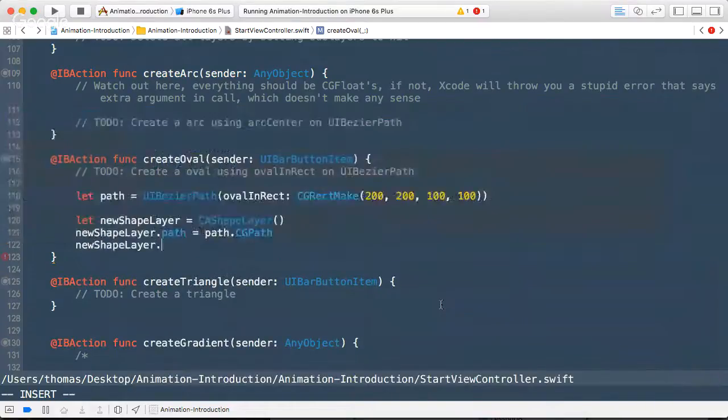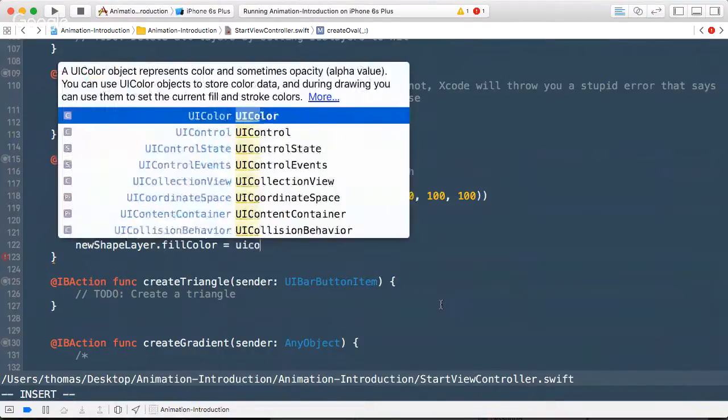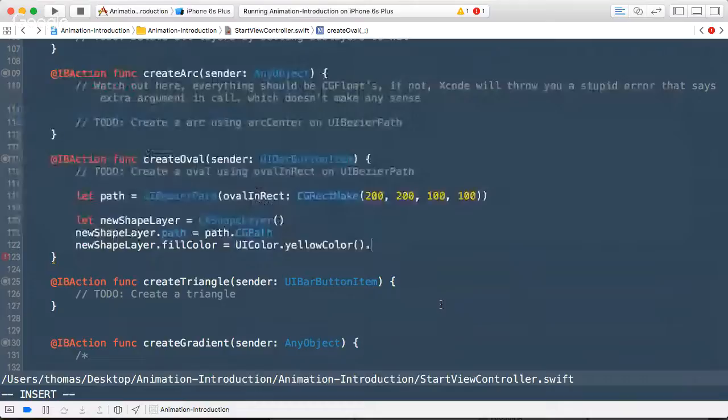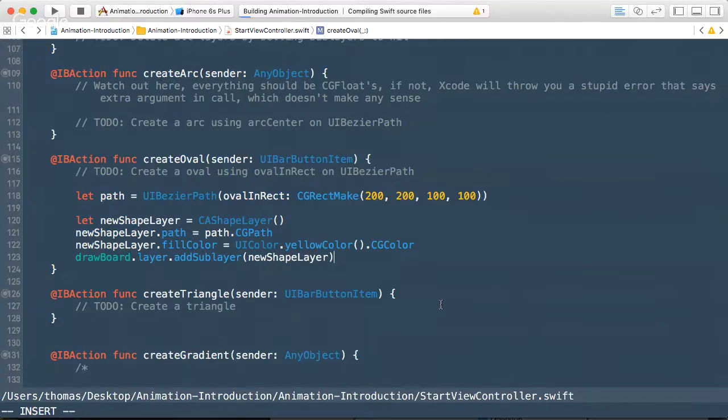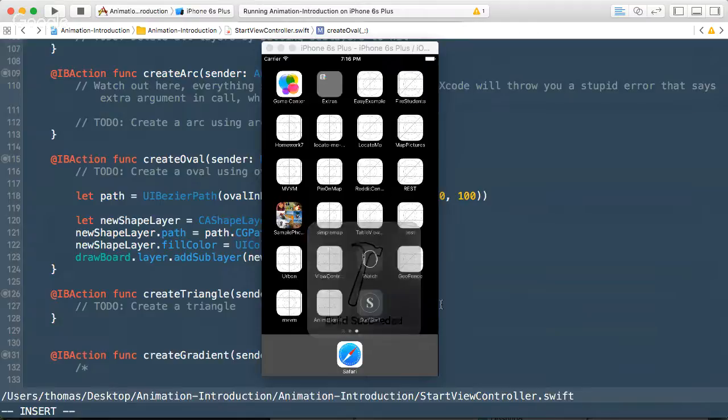I'm going to give it a nice little color. So fill color equals, and I'm going to show you the difference with a background color in a bit. UIColor.yellow.cgColor, and adding it is just the same. drawBoard.layer.addSublayer(newShapeLayer). So very similar to adding a normal CALayer and creating a normal CALayer. It's not that different. So if you run again,